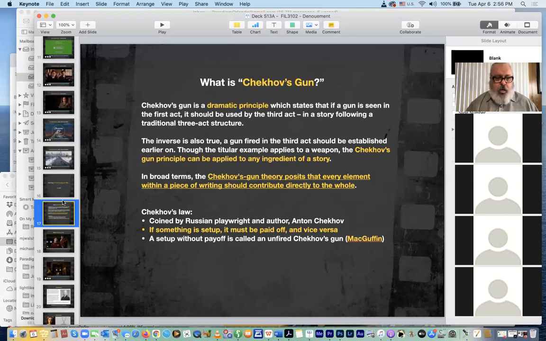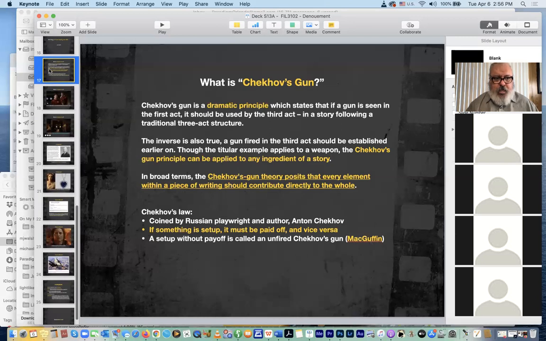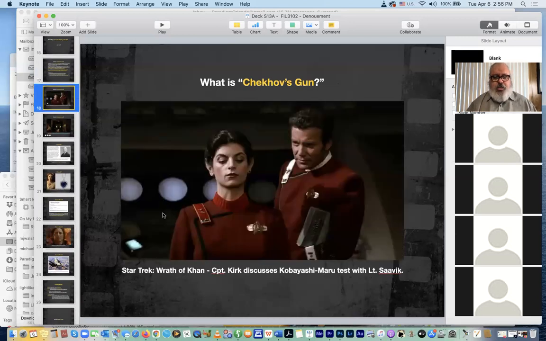Okay. In situations like screenplays, Chekhov's gun can be illustrated fairly clearly in The Wrath of Khan, if you're familiar with that film.